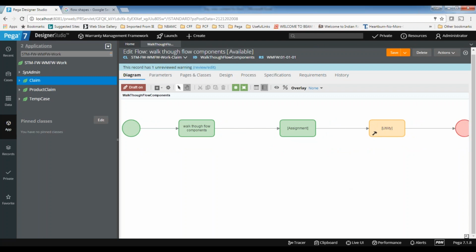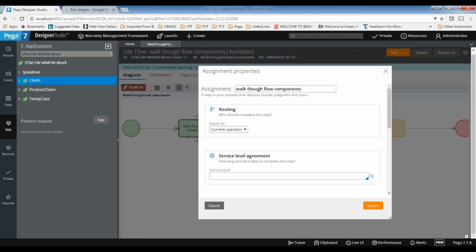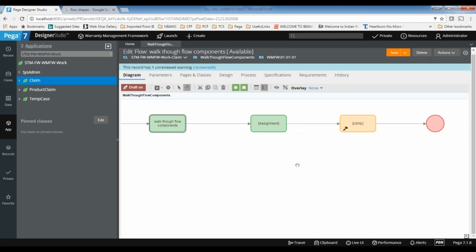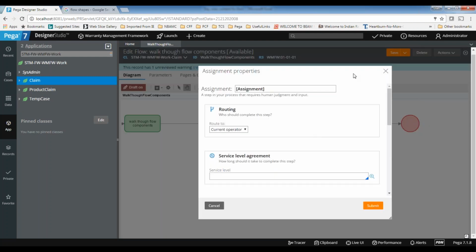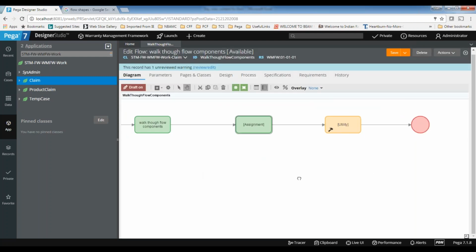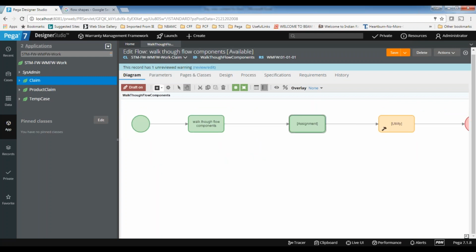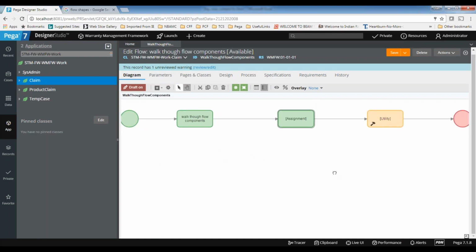If you want to drag the flow canvas, you can use pan mode. If you have more shapes and want to drag and move back and forth, you can use pan mode. If you want to do the development, then you can use select mode. In select mode you cannot drag. Here you can do some development and configuration changes. You can do development in pan mode too, but the main purpose of pan mode is to drag the canvas.